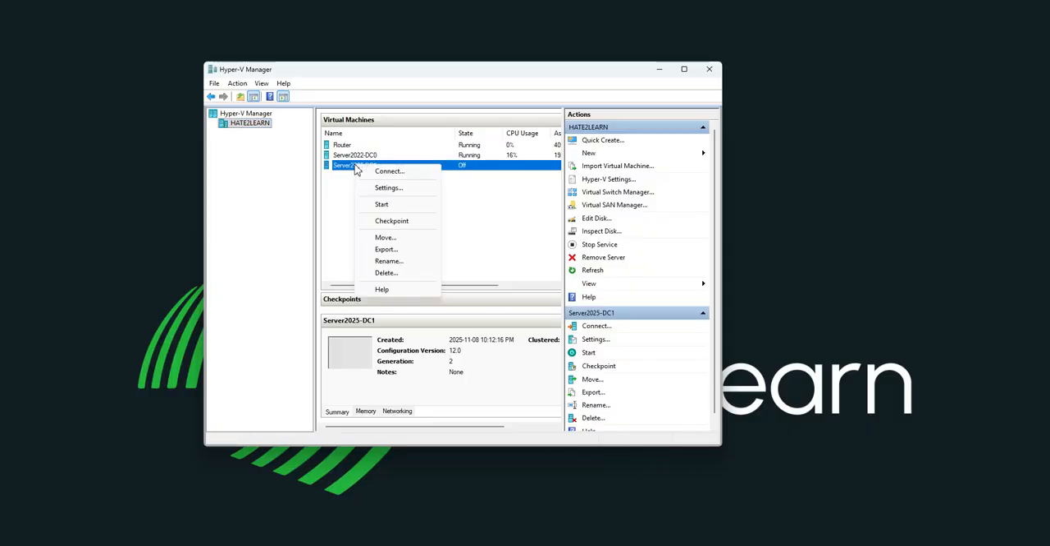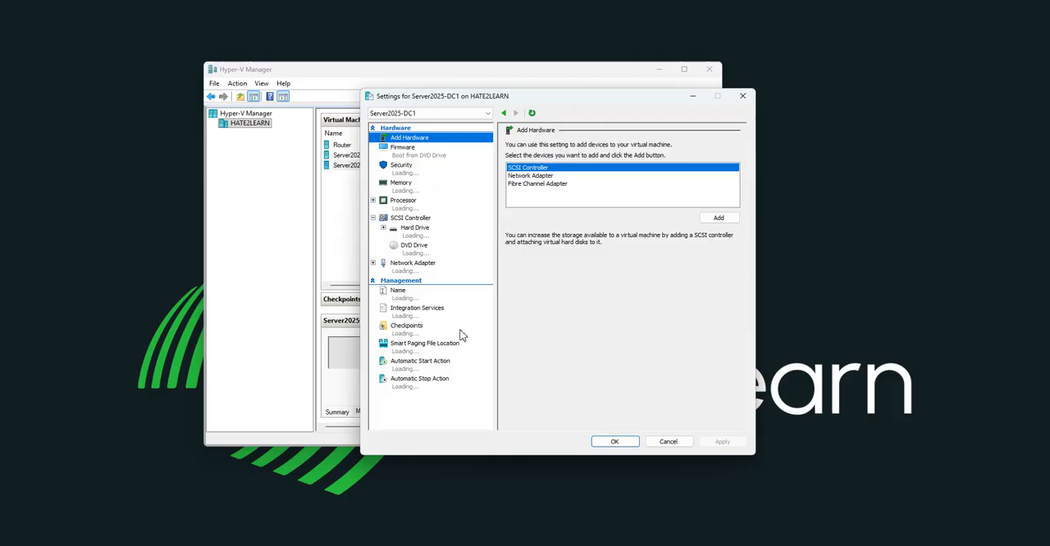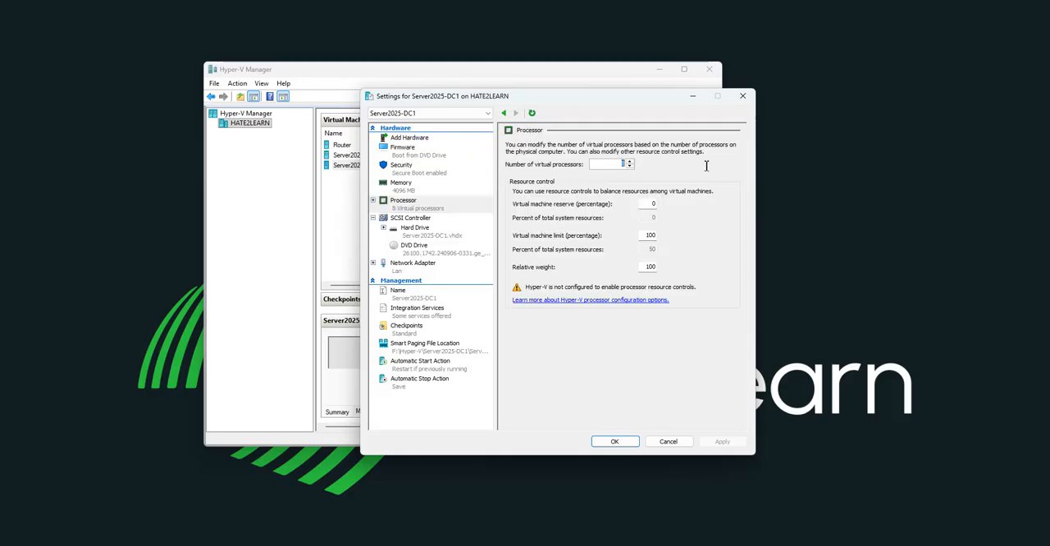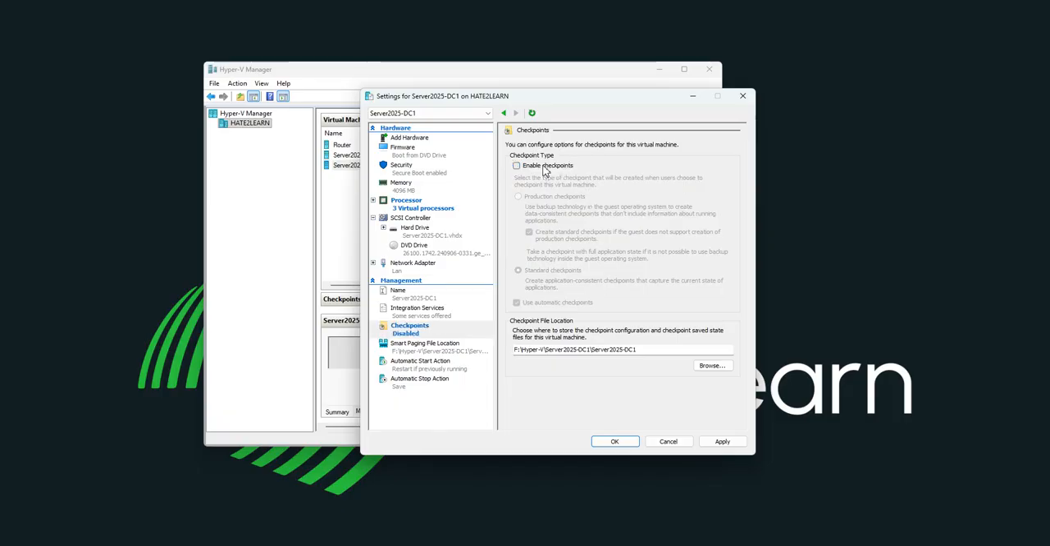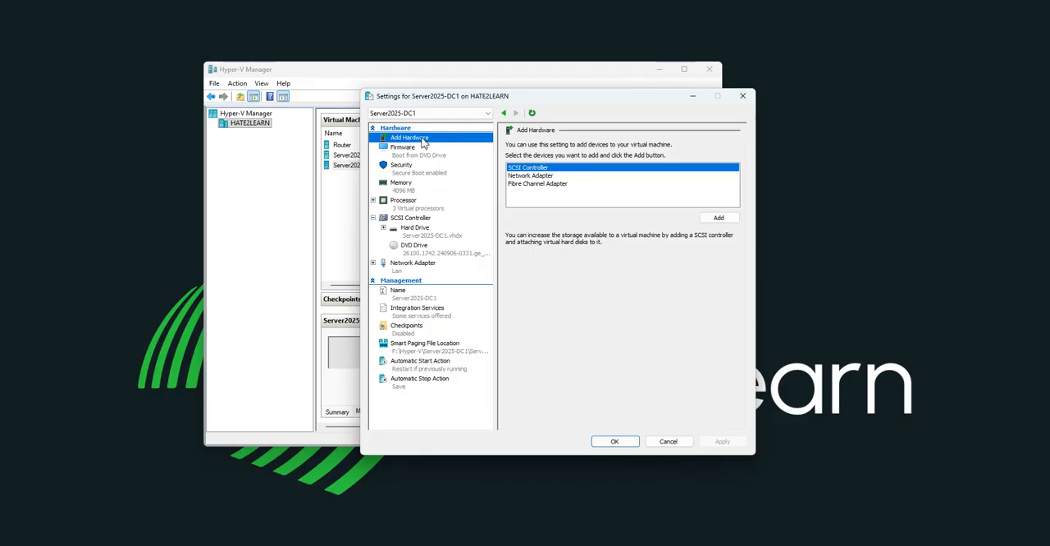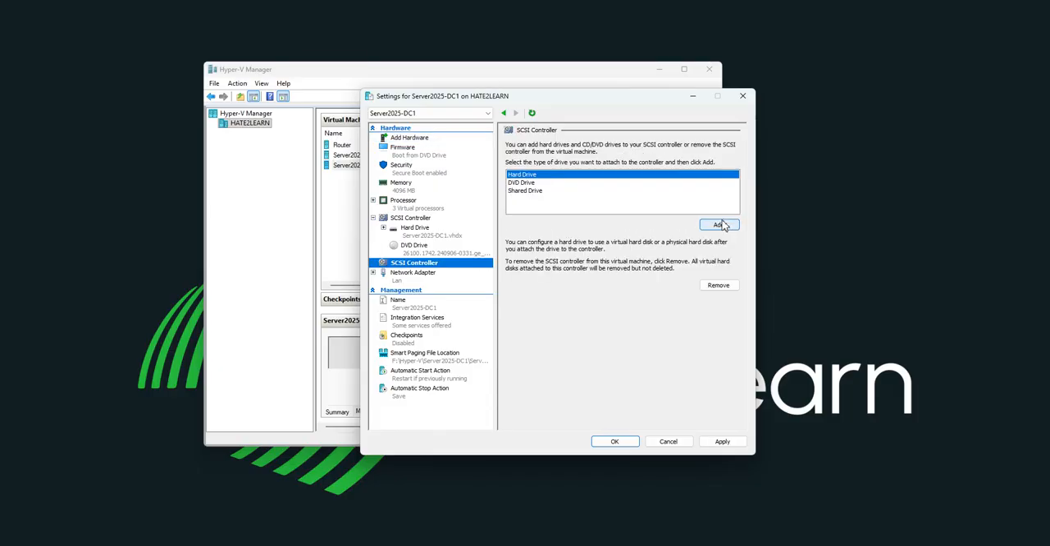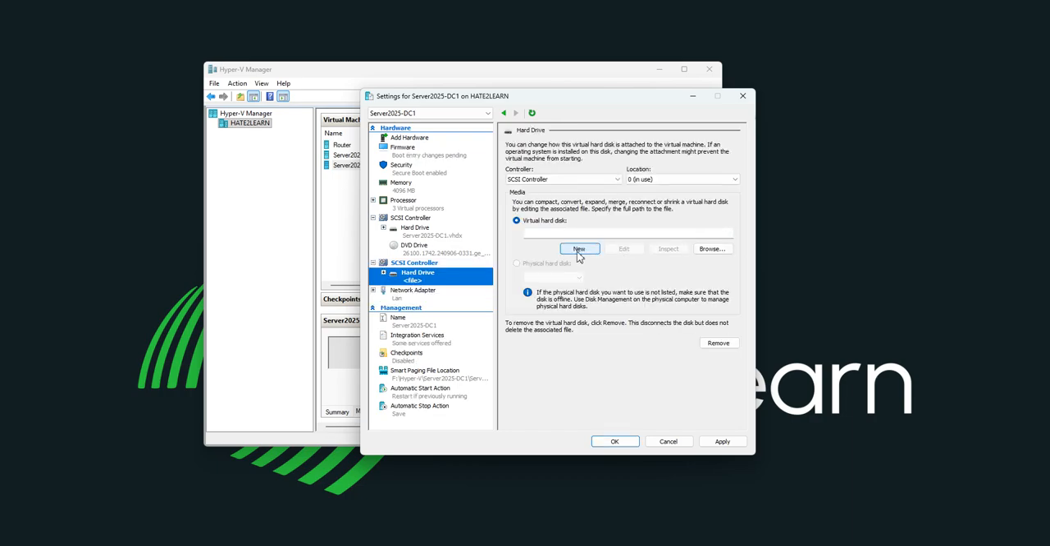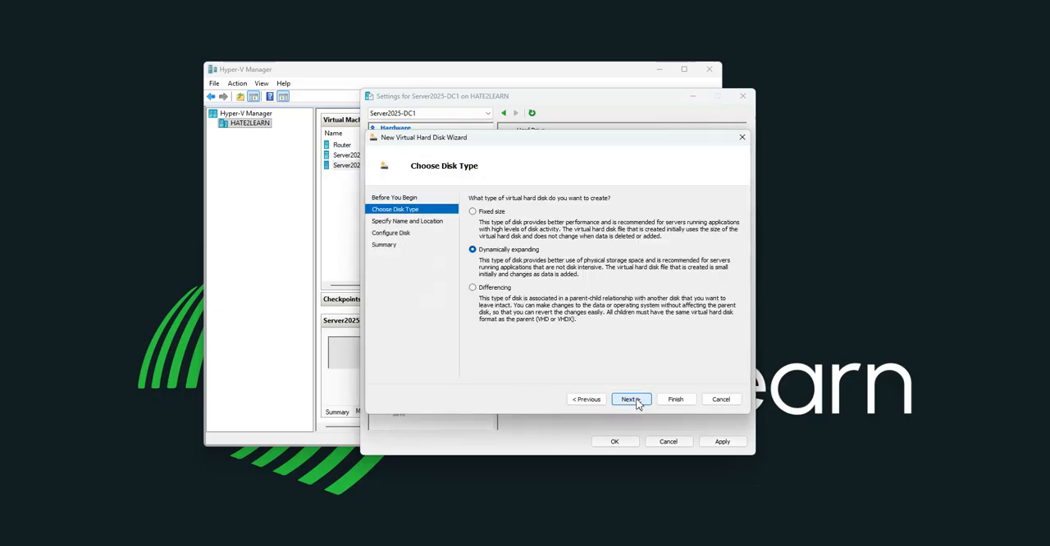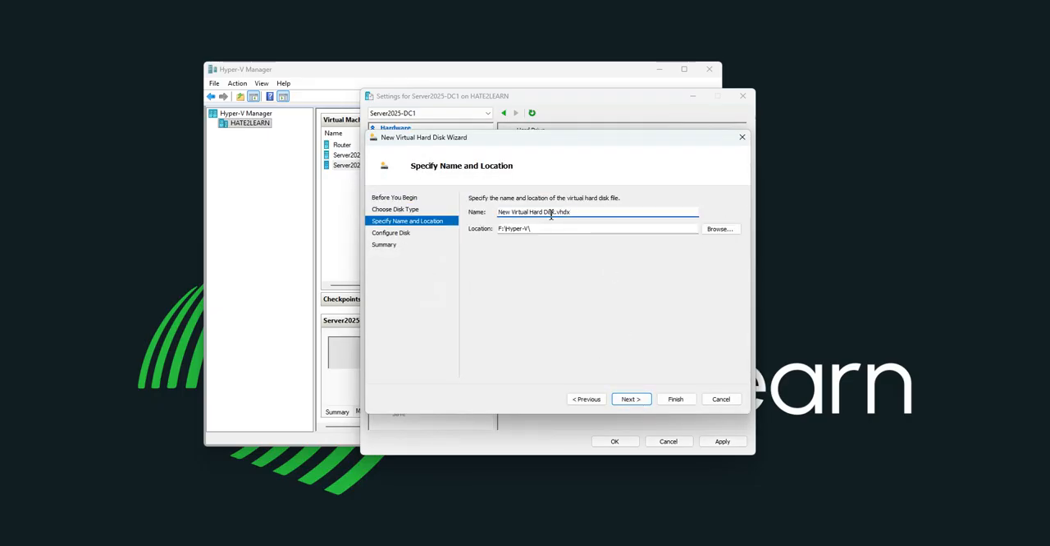Right click on server 2025, go to settings, change the processors to 3, go to checkpoint, uncheck the box, apply. Let's add another hard drive. Go to add hardware, SCSI controller, click add, hard drive, select, and then add, and then click on new, next, next, give it a name,